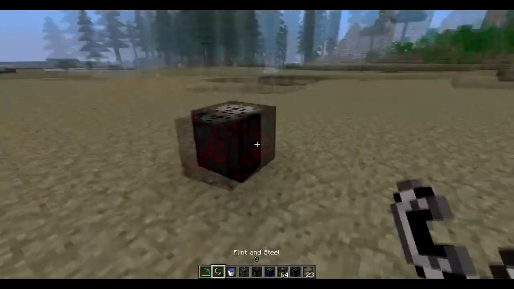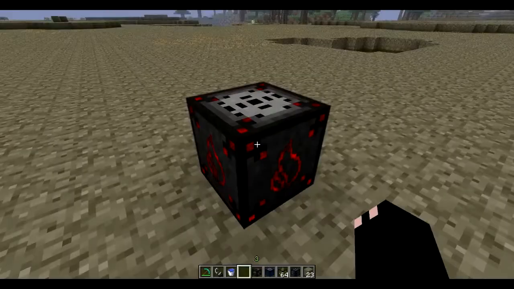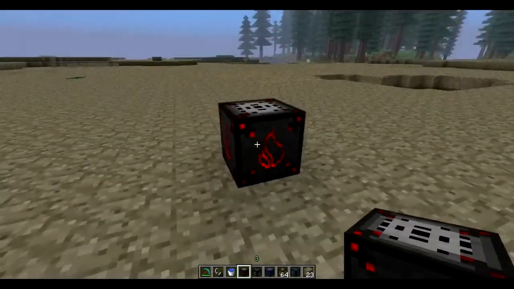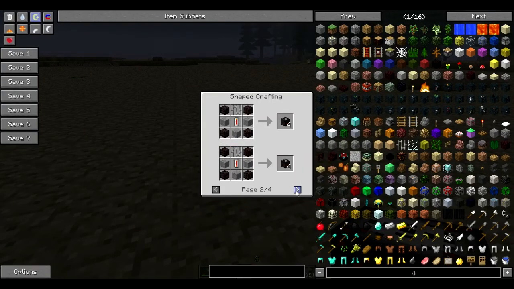So I'm going to take this, and this is called the fire basin. And I'm going to grab one and show you guys the crafting recipe. And it is red engineering bricks, gunpowder, iron bars, and some stone. And then you have the alternative crafting recipe of a lava bucket in there. And some lava cells if you want. But,